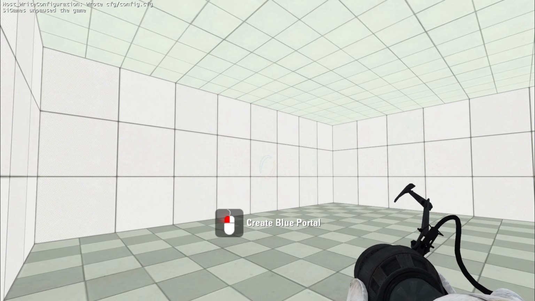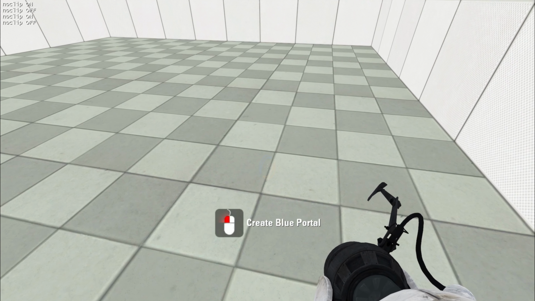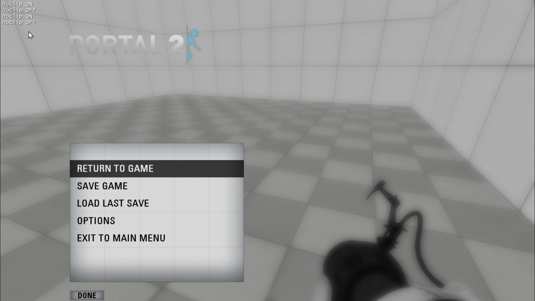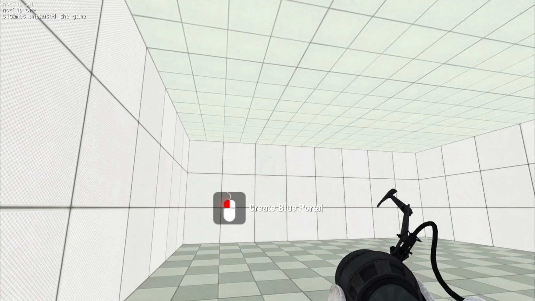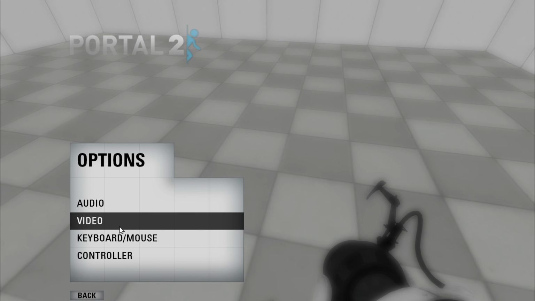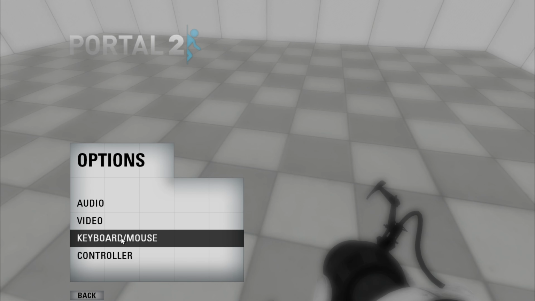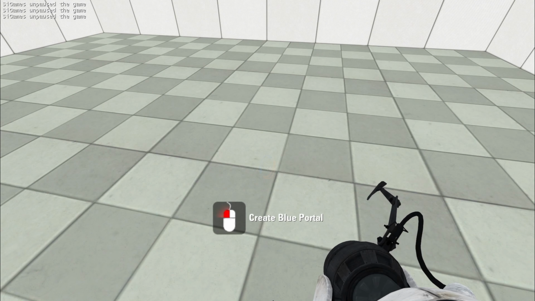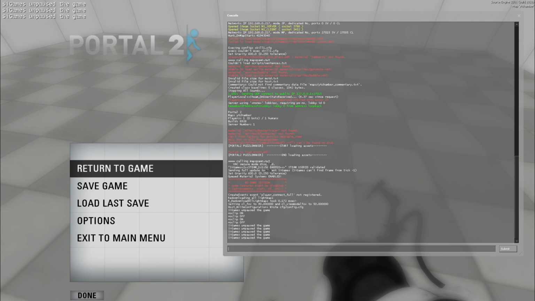I pressed V to fly. That's because I have that set as a keybind, also because I'm on developer mode for making levels. So I press V. If you don't have that, you probably have to make a keybind for that. So what you want to do is click escape, and you should have your console activated. If you don't, you want to go to options, then keyboard and mouse, and then allow developer console. Make sure that's set to enable. Now you want to click the squiggly key that's underneath your escape, and it's going to open up the